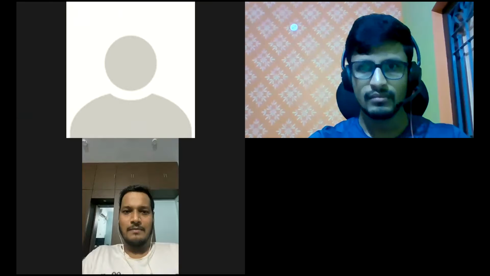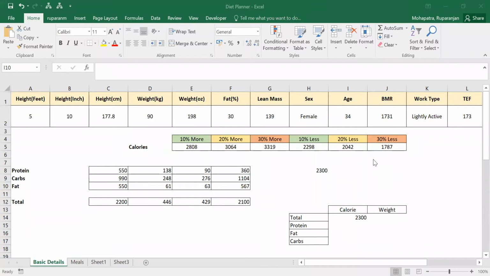Excuse me, I cannot see your screen. It is not moving, it is steady. Can you see now? Your shared screen, that Excel sheet, I cannot see any formula or anything. Okay, let me. You have already shared the screen. Now can you see it? Yes, now it's okay.